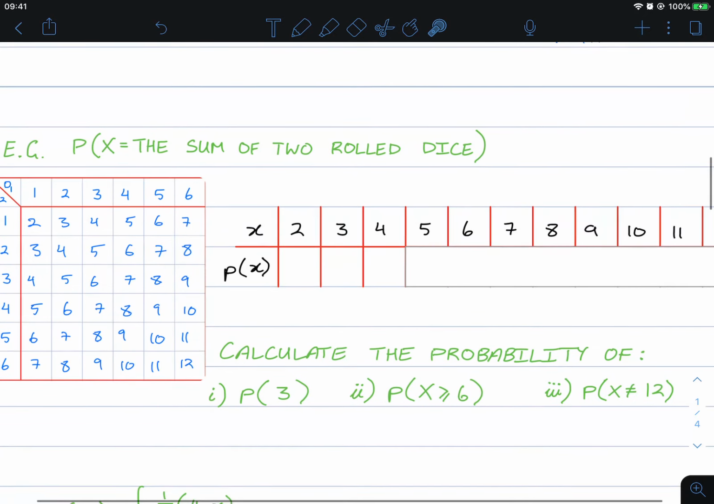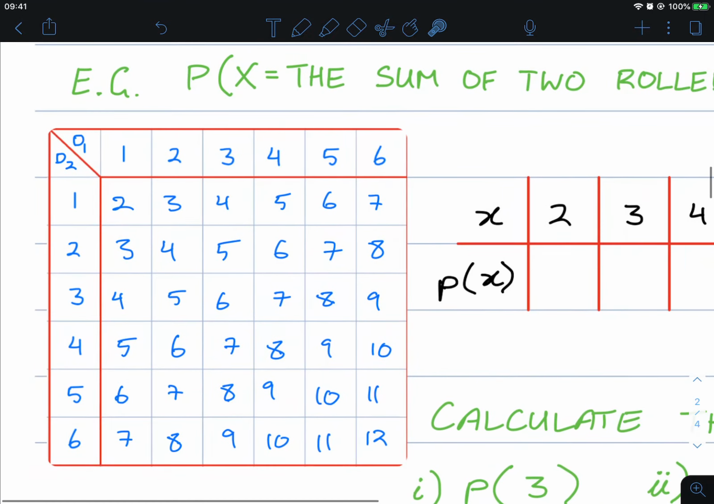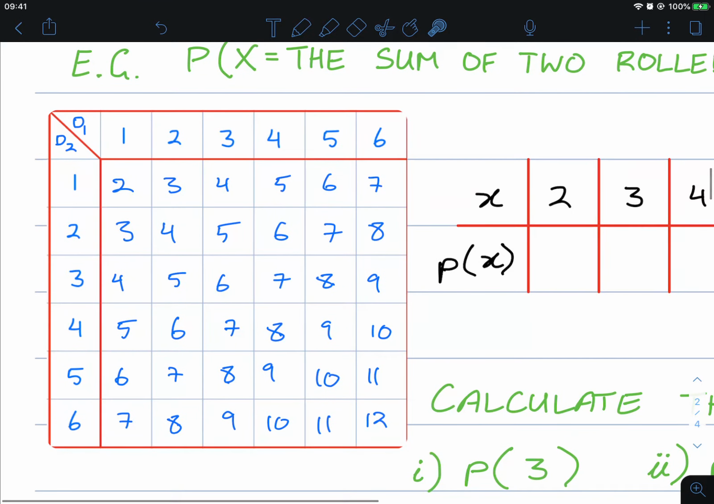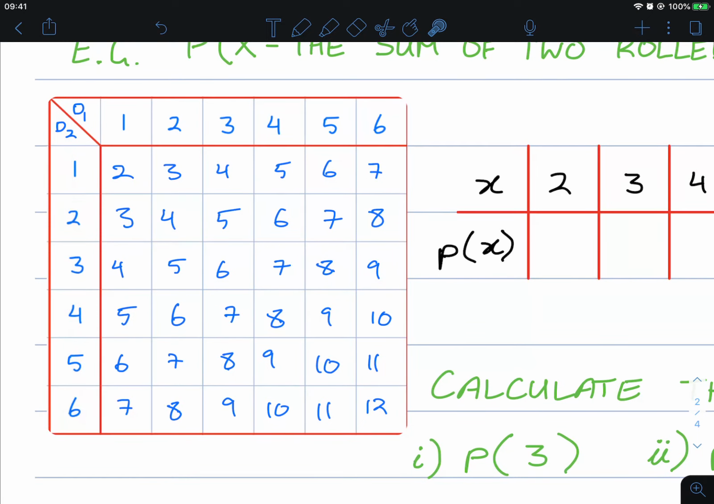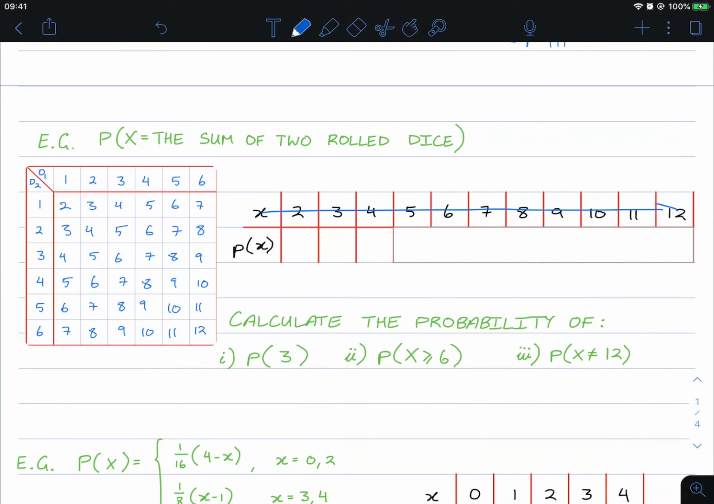Here's another example. The experiment that we're running is the sum of 2 rolled dice. We can show this using a two-way table. Here are all the results of dice 1 and all the results of dice 2. And I'm showing you one example here. If dice 1 were 2 and dice 2 were a 3, 2 plus 3 is 5. So that's just one example here. I've tabled all the possible results of the sum of 2 dice,